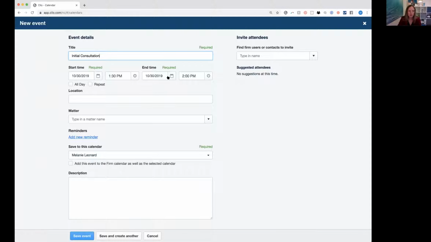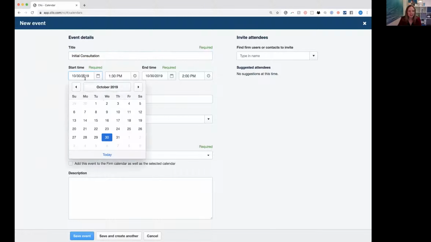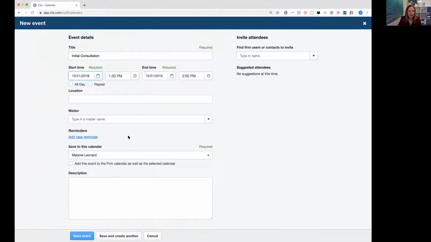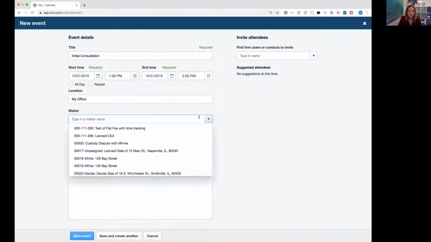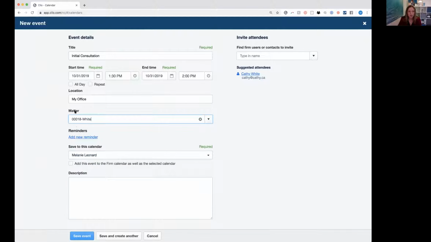And there's more typos. Our initial consultation is going to be tomorrow at 1:30, and it's in my office. And the location is ultra important, by the way. We'll get to that in just a second here. But here's the key, is I'm going to go ahead and associate this with an actual case or matter in